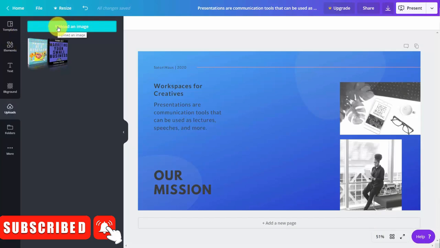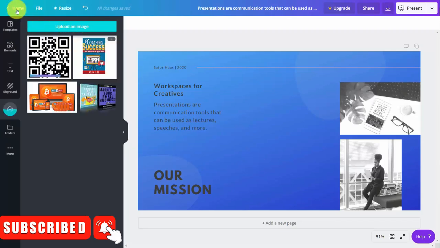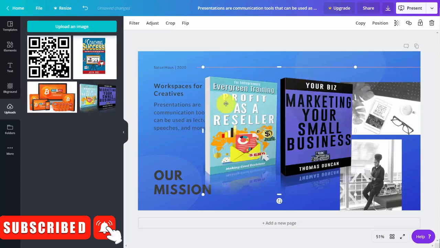We can actually grab as many images as we'd like to have here in this area. And you'll then see that Canva is uploading the elements to this area, and once you have them all here, they are then available for your canvas. And then you can use this element as you would any other. So for example, if we want to place this element inside of our canvas, all we're going to do is click on top of that element. We're then going to have that element here available to us.